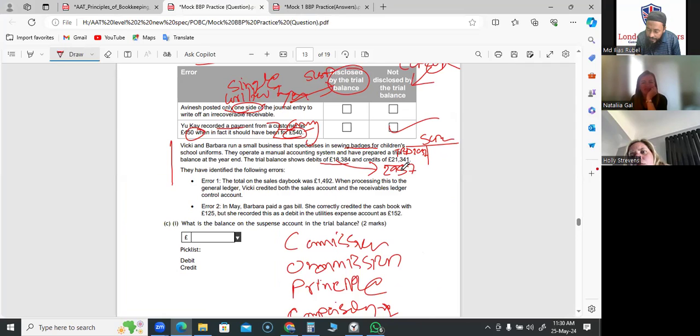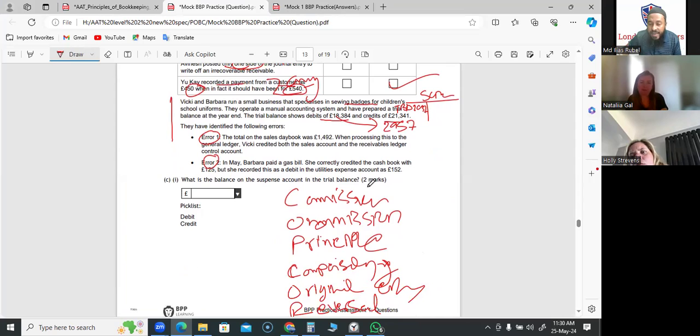Coming back to the point, guys, look at this. There are two errors only, and you need to correct them using the journal method and then find out the suspense account. What is the balance on the suspense account? We already found it, 2,957. And which side have I recorded the balance? On the debit side, isn't it? Because the debit side was the balance. So it's the debit balance, DR. Nice and good. Time is ticking. Okay, then,